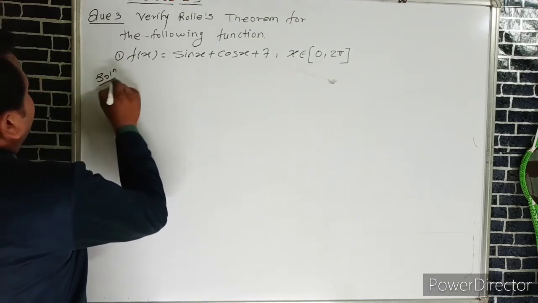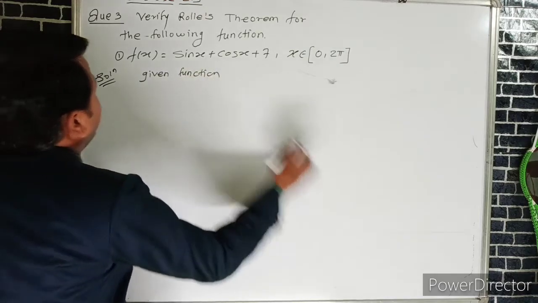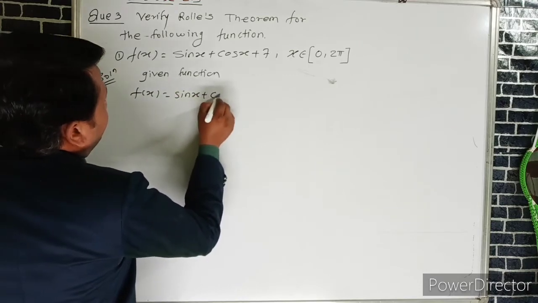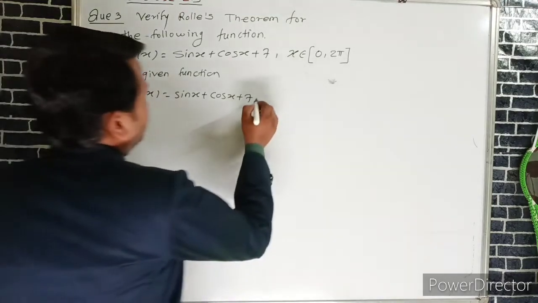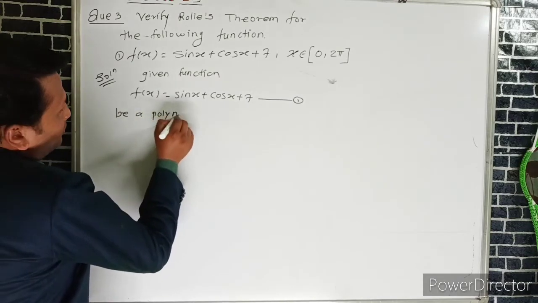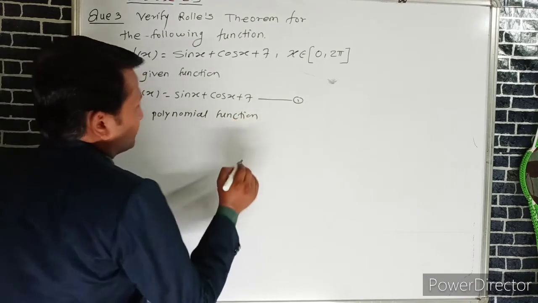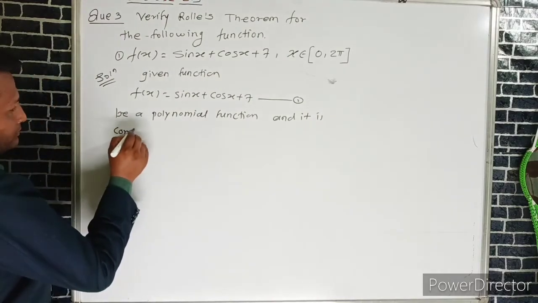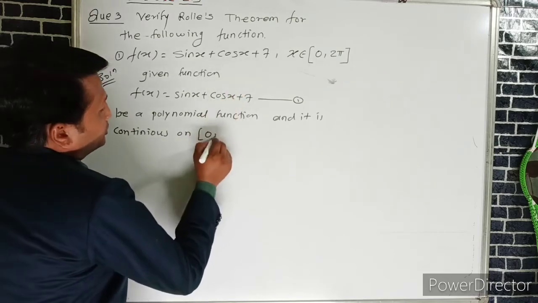So first we write the given function, f(x) = sin x + cos x + 7, which we call equation number 1. It is a polynomial function, and it is continuous on the closed interval [0, 2π]